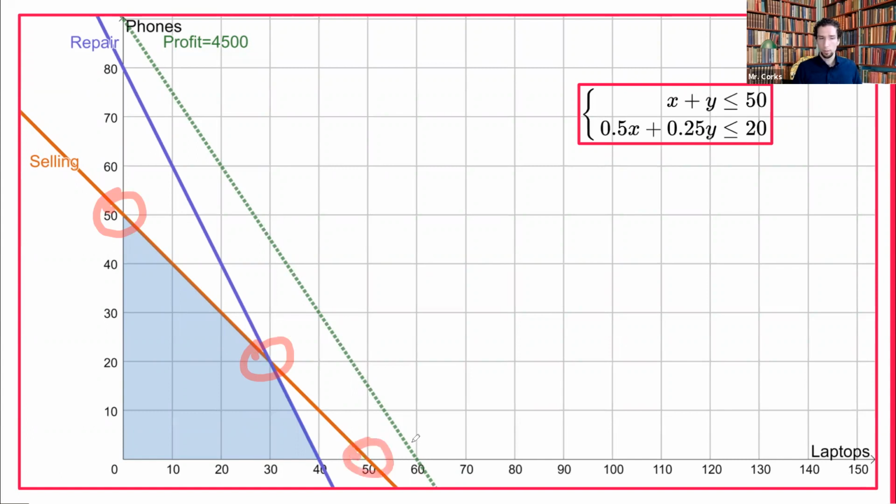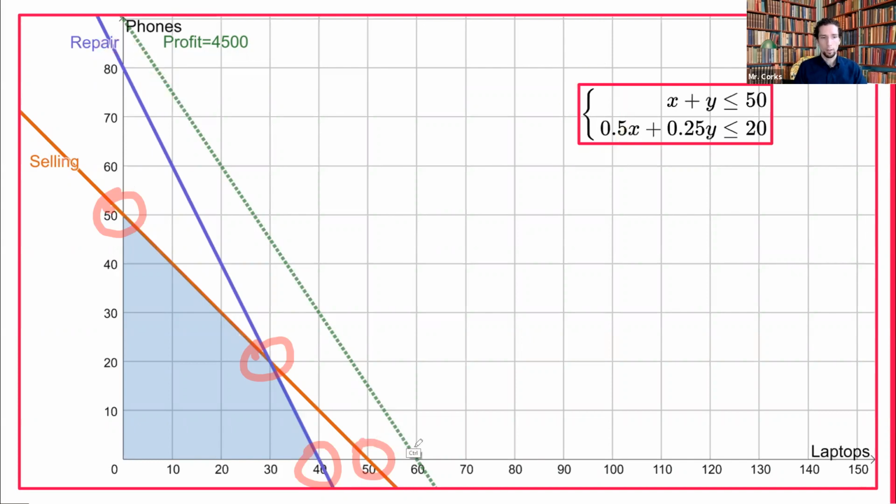Is that a corner point of our feasible region? No, 40 is. So 50 is a point of intersection. If we just looked at the system of inequalities, we would have to consider that, and we would also have to consider this 80 up here. But now that we've thrown it on the graph and we see what the feasible region looks like, now we